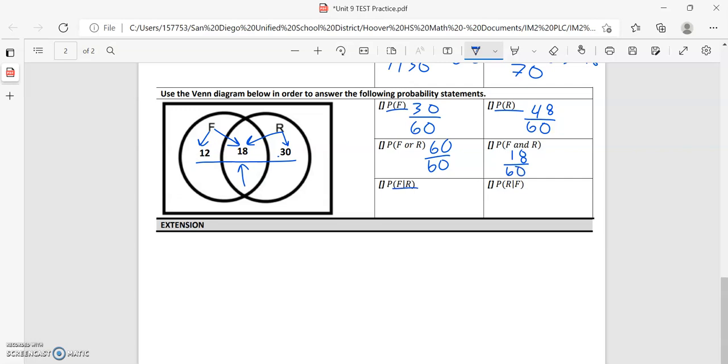F given R, so we only care about the R, so we're going to hide this one that's only F. 30 plus 18 is 48. And how many of these are also F? That's 18. Now backwards, we're going to hide the R's. We only care about F only. So we have 30 F's, and of those 30, actually 18 is also R. So 18 over